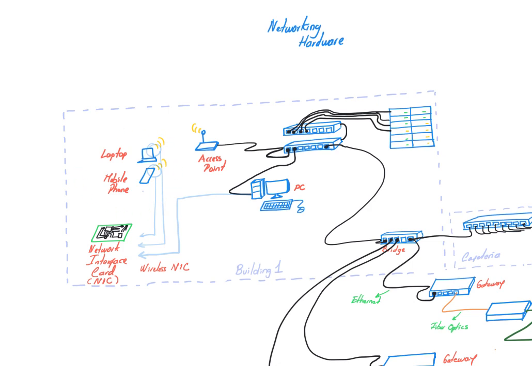So usually what you have is, even if it's your laptop or your mobile phone, each one of those devices internally has a circuit that is called a network interface card. This circuit is the one that allows you to connect using a wire, connecting to the switches, or using a UTP wire. That's how you connect. You have an internal circuit called a network interface card that takes the signals from that wire